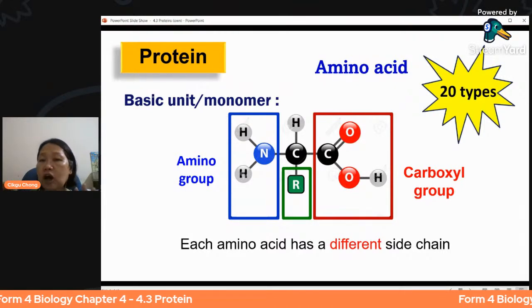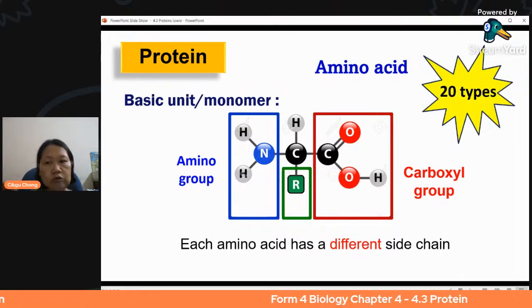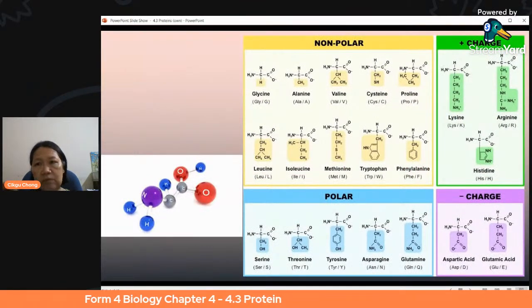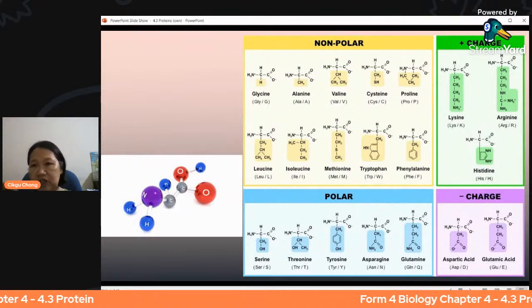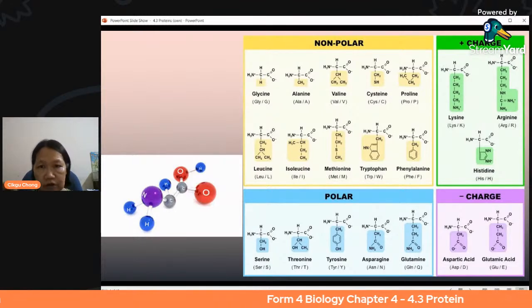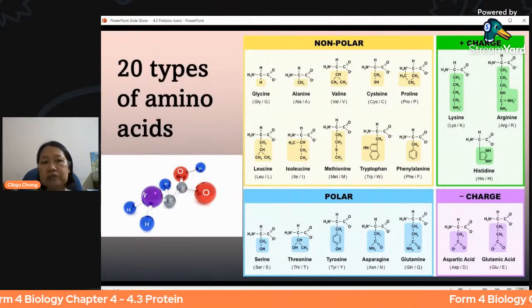Remember, you do not need to draw any one of these molecules, but you need to know the names of the amino group and carboxyl group. Now look at these 20. You see here they are non-polar, they are charged, some of them are polar, negatively charged, positively charged. Don't worry, you don't have to memorize any of the molecular structure. I just want you to see there are 20 types of amino acids with very different names,